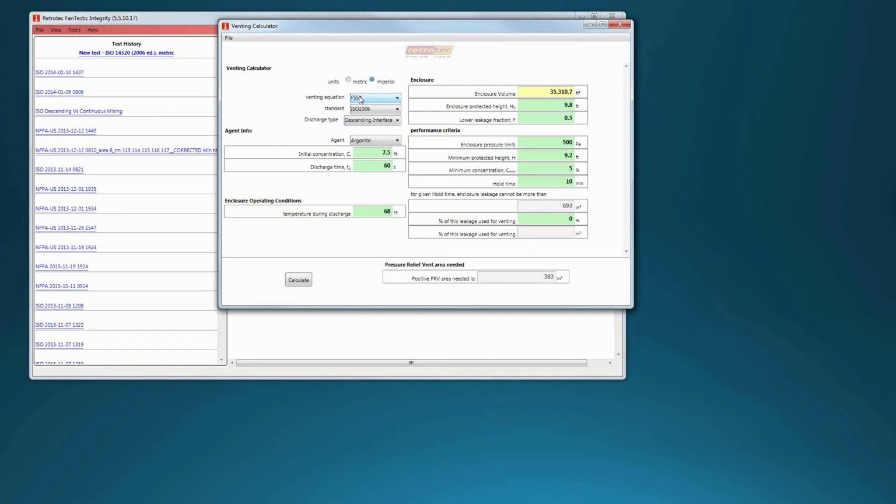Manufacturers' equations will vary a lot, as you will see, and we're going to change the standard to NFPA 2012, and we're going to look at the descending interface model. We'll take a look at argonite and inert, and let's toss in an initial concentration here of 40%, discharge time of 60 seconds, temperature during discharge of 68 degrees Fahrenheit, and enclosure volume, let's just put in a round number here, 30,000, that should be cubic feet, and enclosure height of, let's just put a round number in here again, 10 feet,